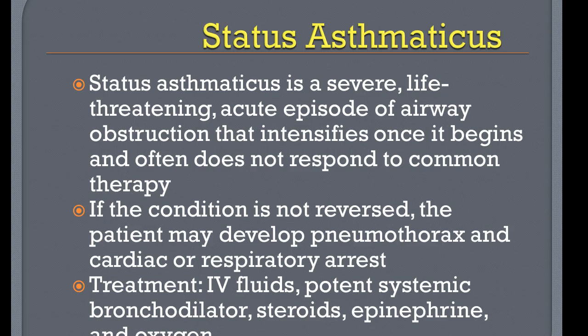And if the condition is not reversed, the patient may develop pneumothorax and cardiac or respiratory arrest. And so what happens is it just keeps getting progressively worse. Severe bronchospasms. Patients start to use their accessory muscles, wheezing, labored breathing, even see distension of the neck veins, and sometimes the only thing to properly ventilate this patient is to intubate or maybe possibly do a tracheostomy on them. And with that distension of neck veins, this is when your patient may develop a pneumothorax